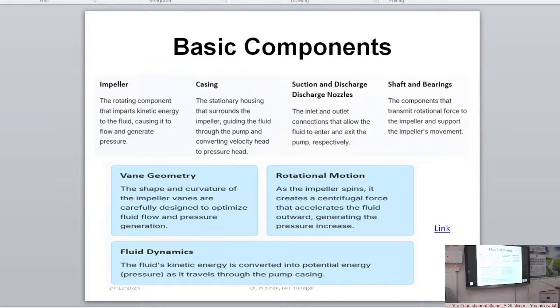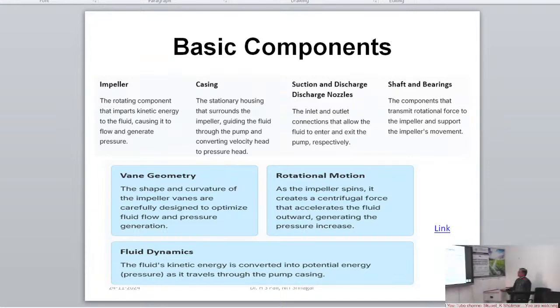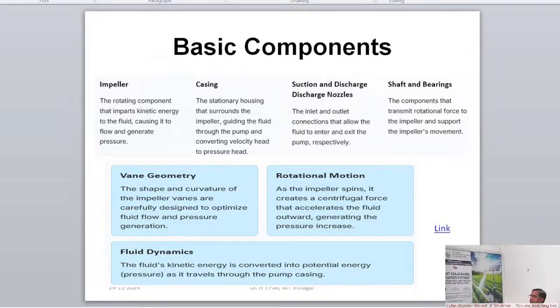So this is the important terminology we have discussed here. Now, we already discussed what the main components are. Components are the impeller, casing, shaft, or